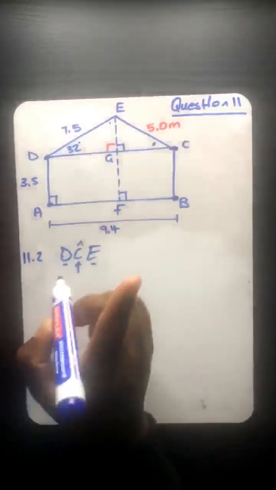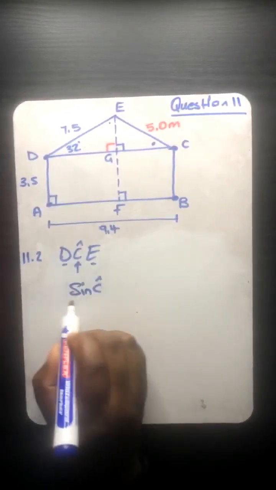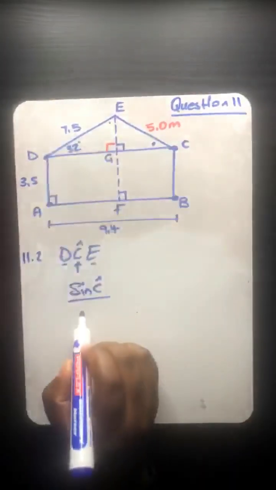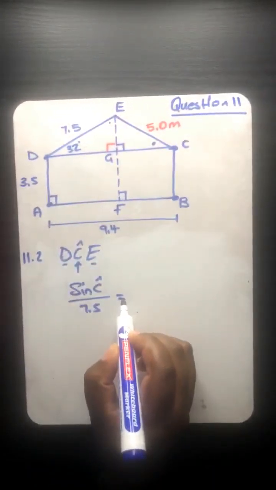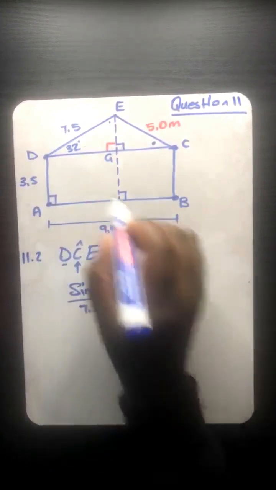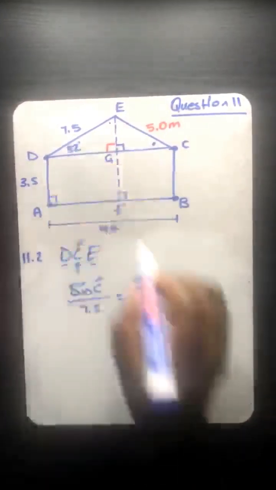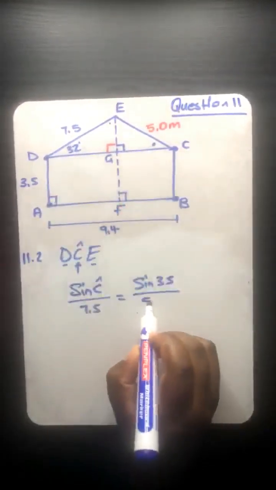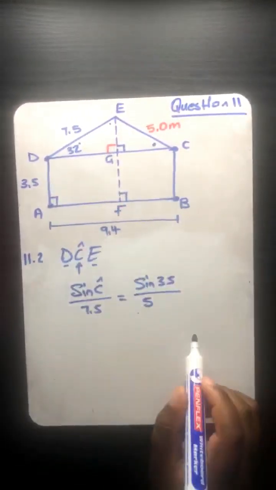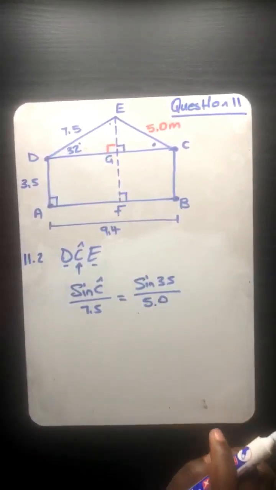Because we are looking for an angle, that is why you are going to say sine angle C over, what is the opposite side? It's 7.5, equals to, let's see. You are therefore forced to say sine of that angle being 32 divided by that known side. This is where you can write it as 5. It's fine. Or you can write it as 5.0. It's fine. But I'm telling you guys,